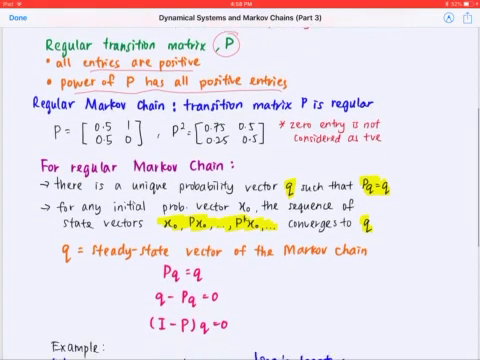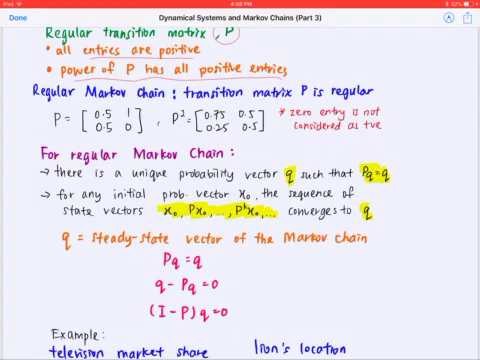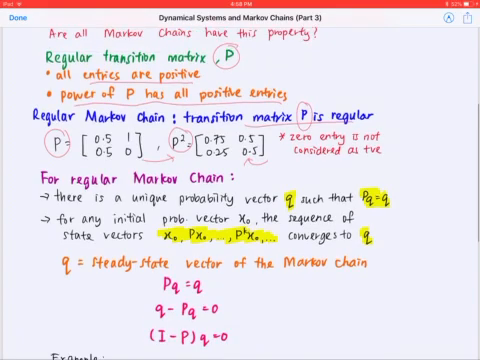Now let's look at one of the examples here. So the regular Markov chain's transition P is regular. This is our original P transition matrix. When you raise it to the power of 2 or maybe power of 3, power of 4, power of 5, you shouldn't have a 0 here. If there's a 0 or a non-positive value here, then the P is irregular and the Markov chain does not